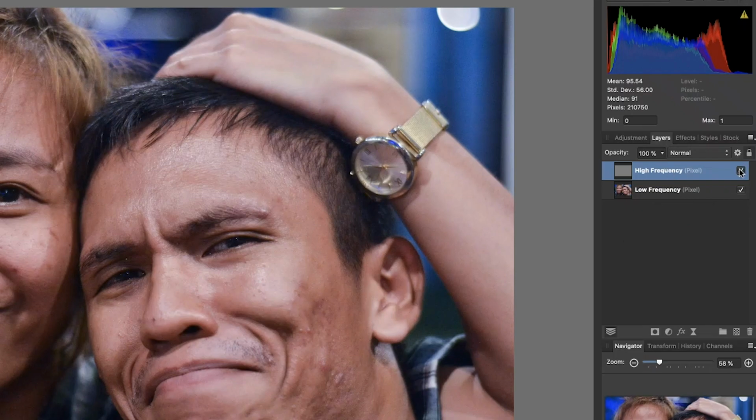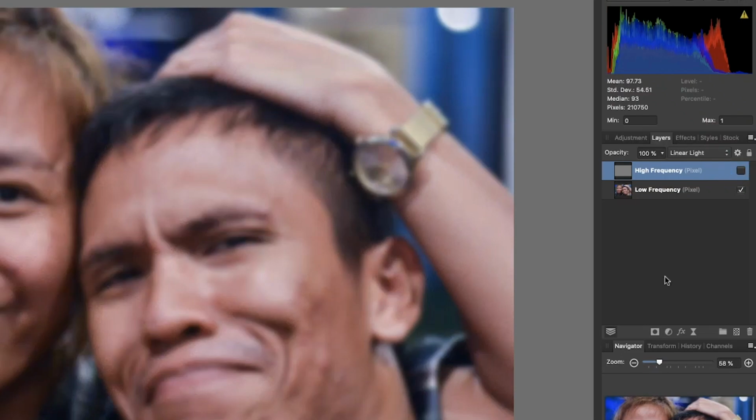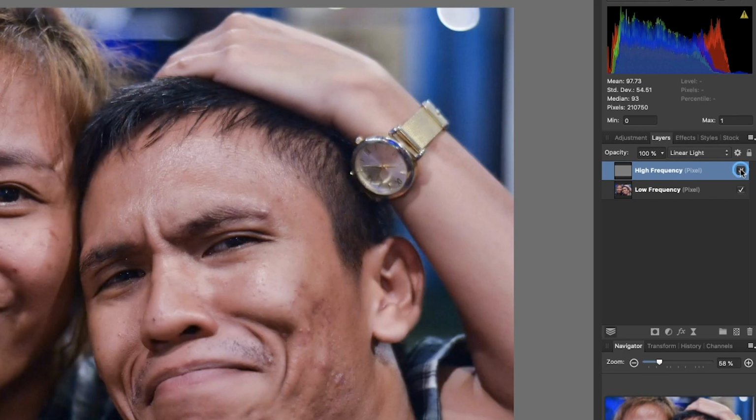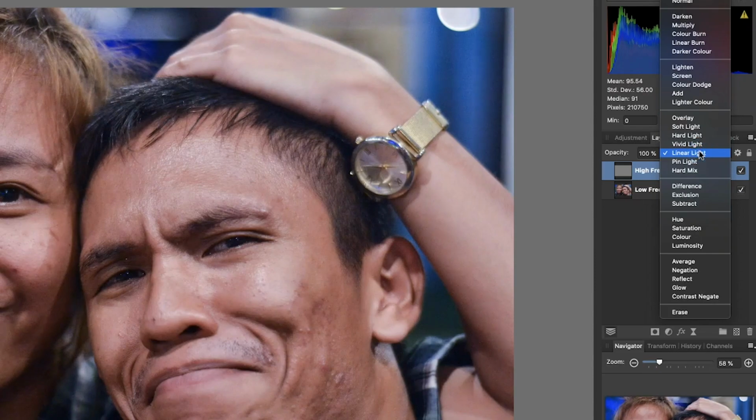If I make the high frequency layer invisible for a second, look, there's that blurred layer we just defined, which was on the right when we were setting things up. There it is in all its glory. And then if we take the high frequency layer, if you know your layer blend modes, the high frequency layer is set to linear light layer blend mode. If I turn it to normal blend mode, that's what we've got, basically a grey layer with some sharply defined